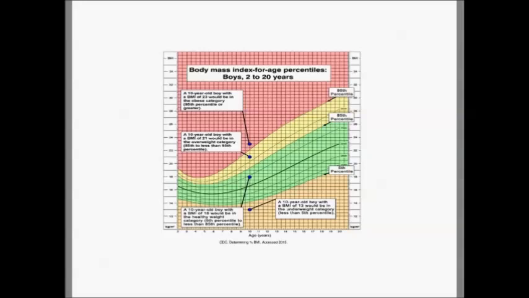This is kind of a neat chart that's also on the CDC website, and it just shows you how to take a child with a specific BMI and how to graph them. So for this particular 10-year-old boy, if you look at the x-axis there, if he's 10 years old and his BMI is 13 on the y-axis, then you see that he actually falls into the underweight category. If his BMI is 18, he falls into the green area there, which is healthy. If his BMI is 21, then he's considered overweight. And if his BMI is 23, he is considered obese. So that is the representation of how you would graph it with the percent BMI.